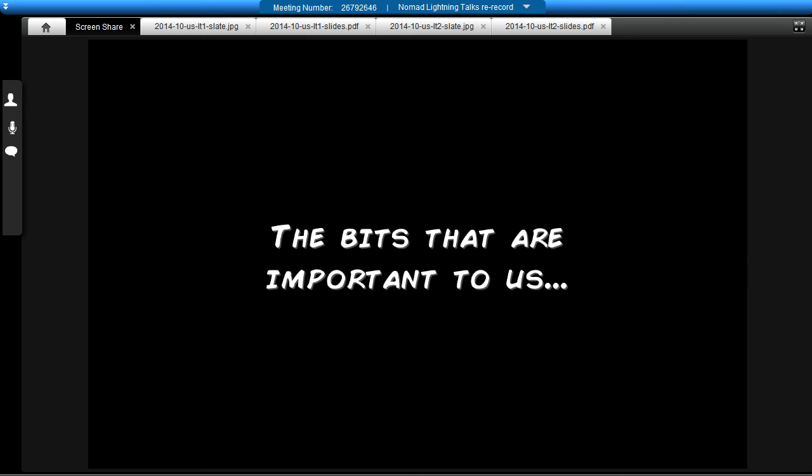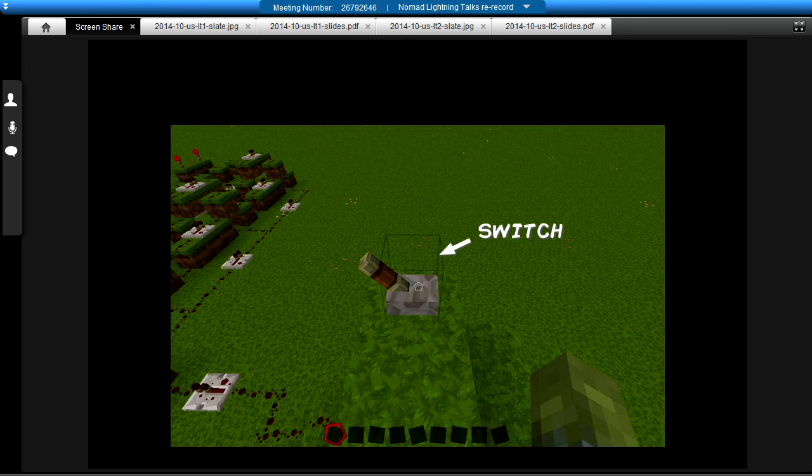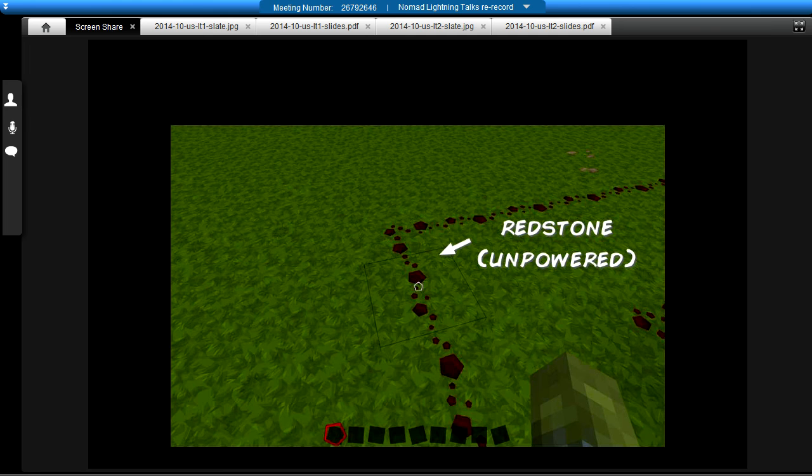But the bits of Minecraft that are important to us, well, there are a few components, so let's look at what they are. First off, there's a switch. Now, this is an on-off state, and when it's on, it acts as a power source, so it sends a charge out, it emits a charge. It can emit that along what's called redstone. Now, redstone is a block that you can find underground, and when you break it, it drops a bit of powder. That powder can be laid in lines on the floor so that it becomes a kind of conductive trace,